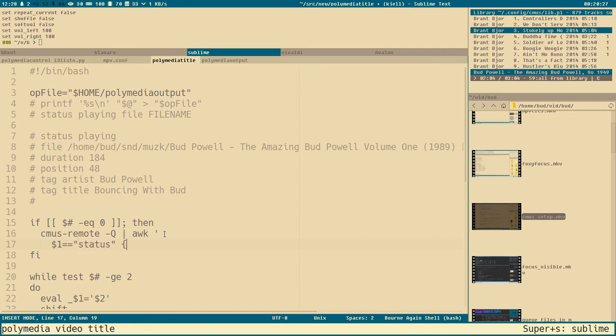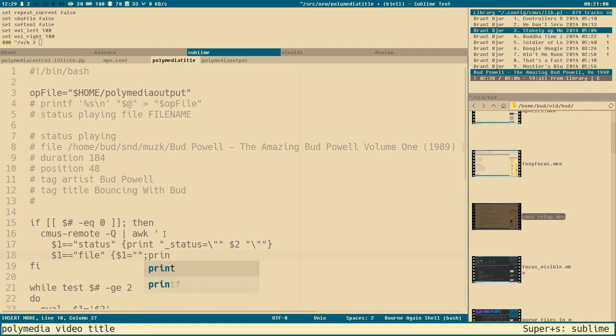If it is, print _status= "$2". If $1 is equal to file, $1 is equal to nothing. I can do this. Print